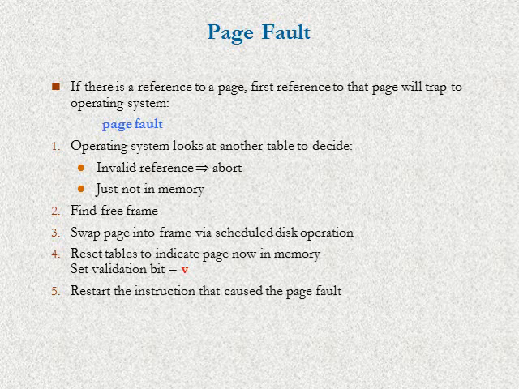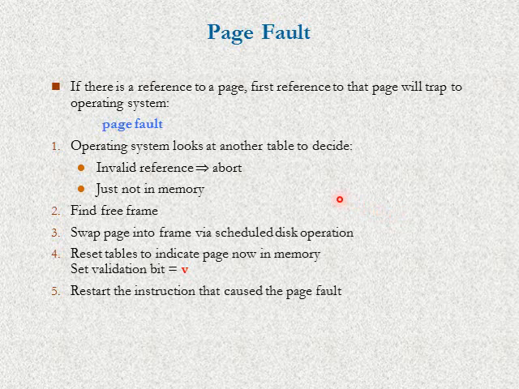To achieve this, it copies that particular page from the swap space, then it finds a free frame from the main memory, then it copies that page from the swap space to the main memory, and once this is done,